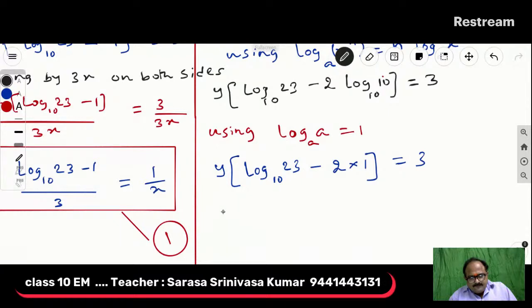Therefore, y multiplied by log 23 base 10 minus 2